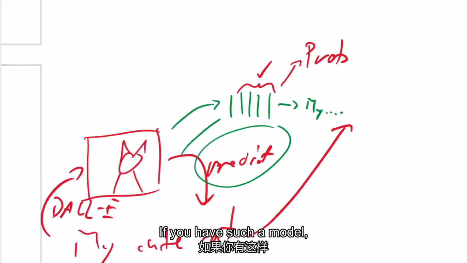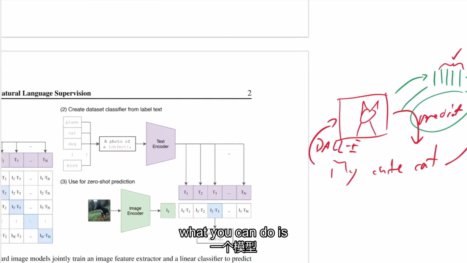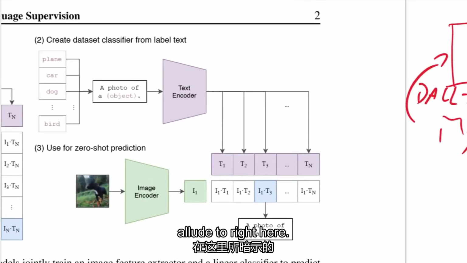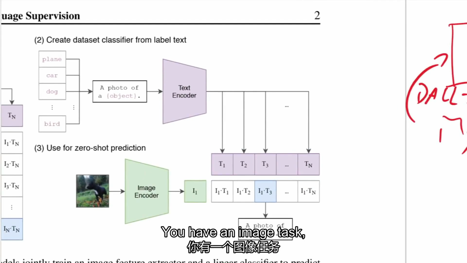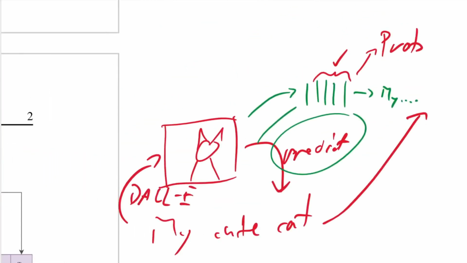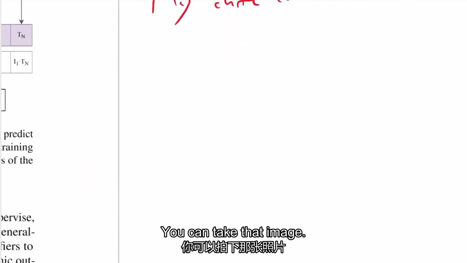So if you have such a model, what you can do is exactly what they allude to right here. If you have an image task and a model that can predict the text of an image, you can take that image